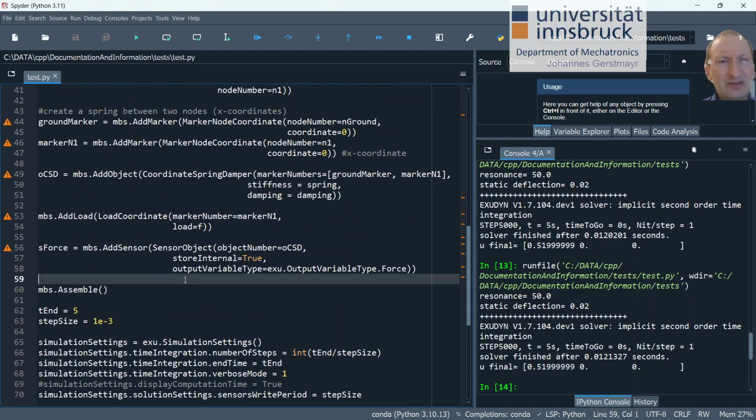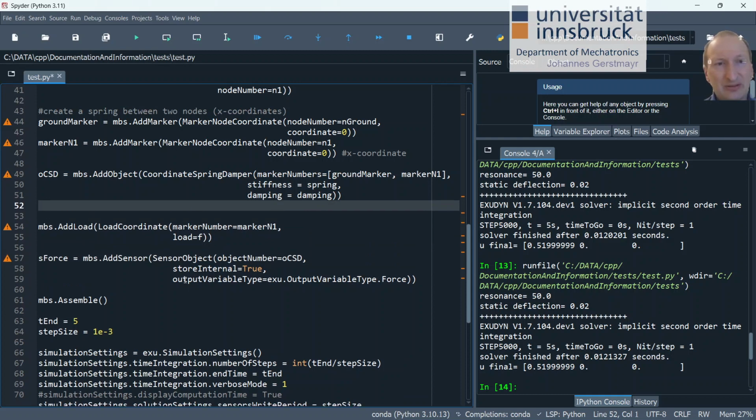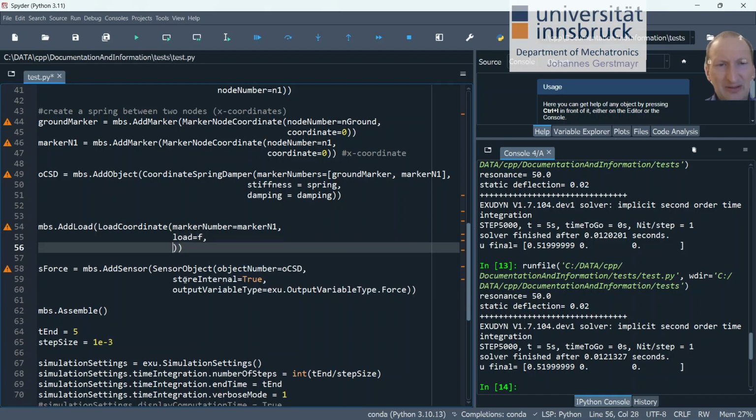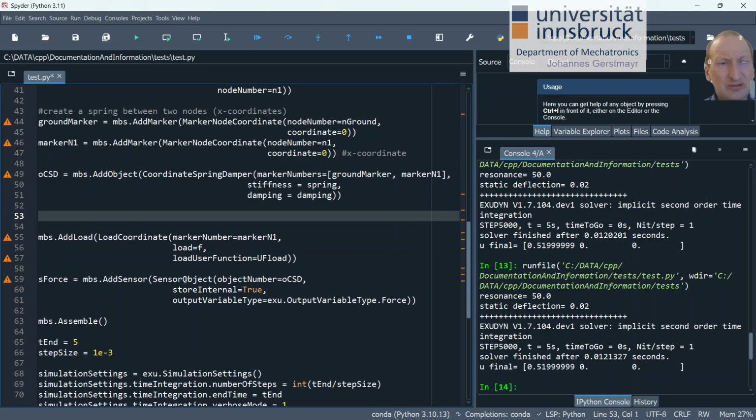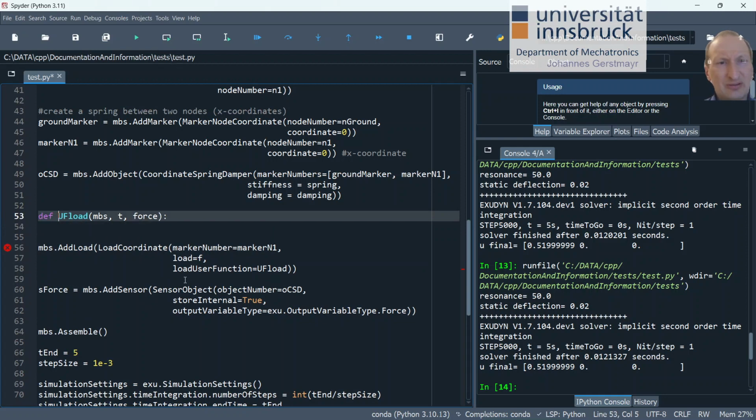There's just one thing that might be interesting because sometimes we would like to add other loads, and so I will do the following. Instead of having this load F, we will use a load user function, which we call UF load, user function load, and we have to define it previous to the usage of this function. And this is a function that has to return